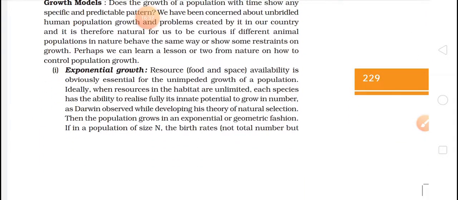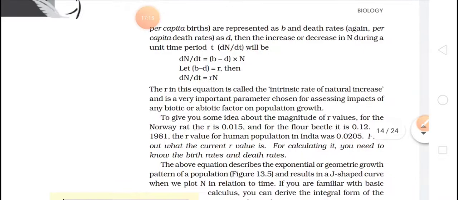Now, how is population growth controlled? I have told you about resources, that is the food and space available to that population. If they are getting unlimited food and have surface area to live, then ultimately what will happen? They will reproduce, they will increase their number, death rates will decrease, and ultimately their population density will increase. And the second one